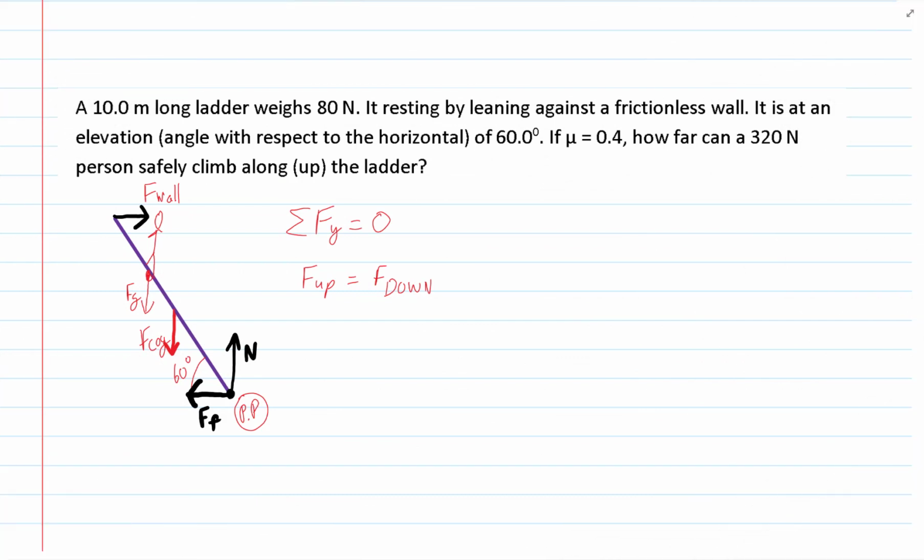Doing a ladder question here, and we have a ladder that's 10 meters long and weighs 80 newtons. It's resting by leaning up against a frictionless wall, and the wall pushes back because that's a reaction force. The ladder is at an angle of elevation, with respect to the horizontal, of 60 degrees. If the coefficient of friction is 0.4, how far can a 320 newton person safely climb up the